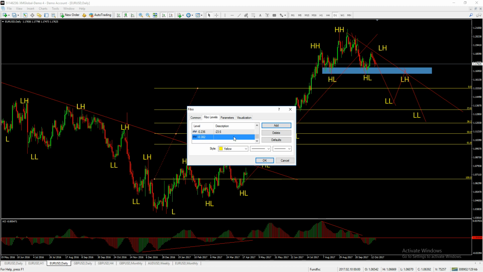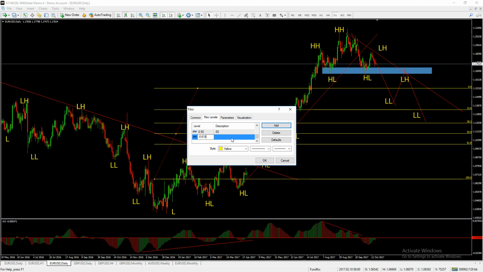Description negative 38.2. Then we can add again, negative 0.50. Description, negative 50. Then we can add again,